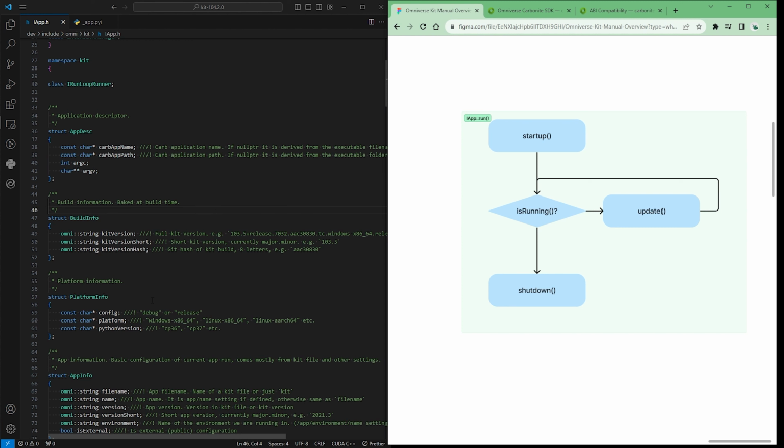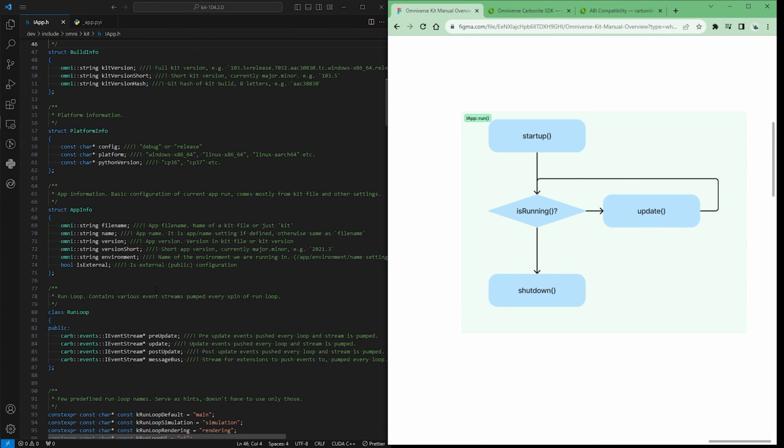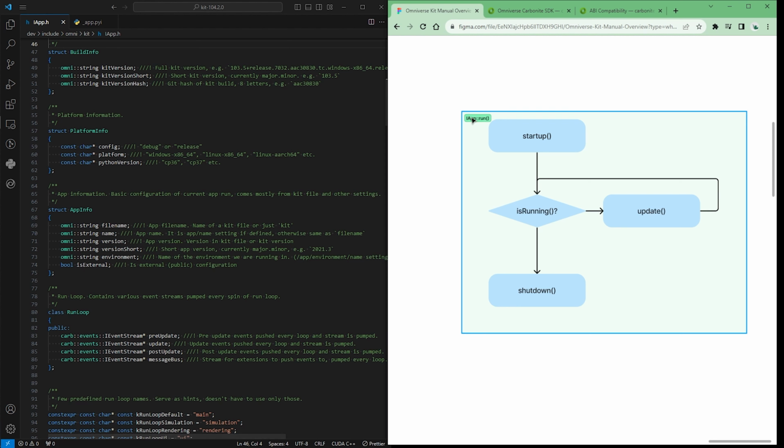Let's come back to this. Okay. So the run loop, this is interesting because this run loop,